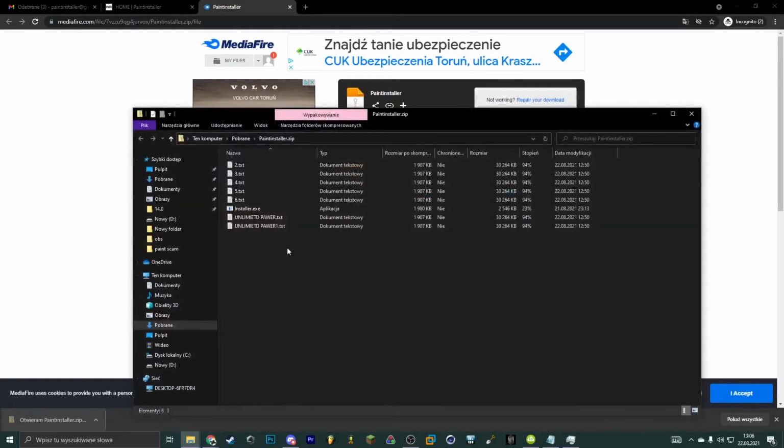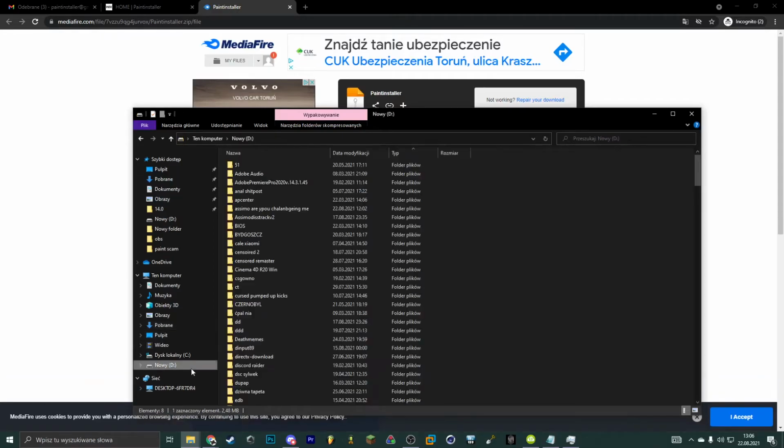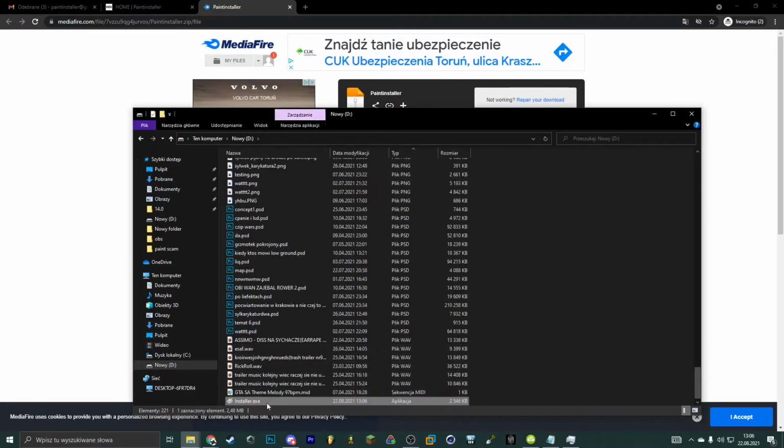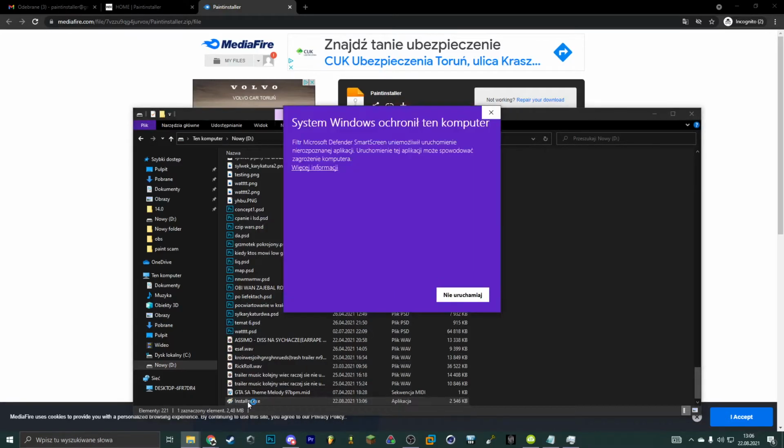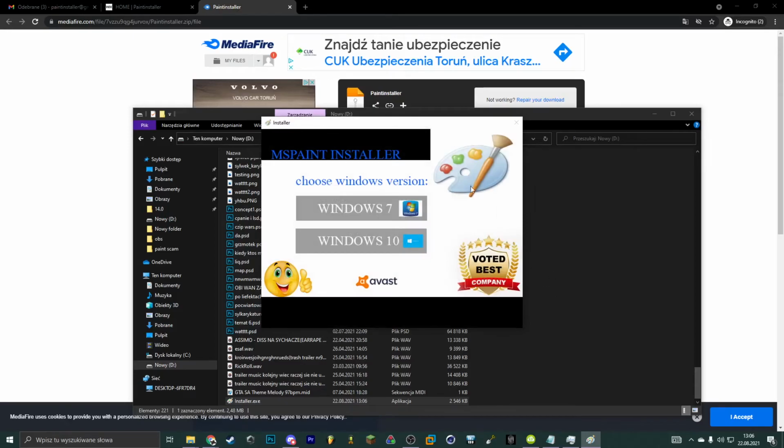Go to Paint installer, go to installer exe, Ctrl C and Ctrl V. As you can see, this is an icon file. Installer exe, again run, and this is a very important step.